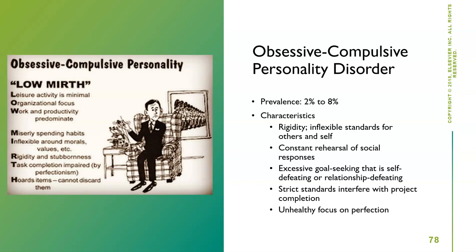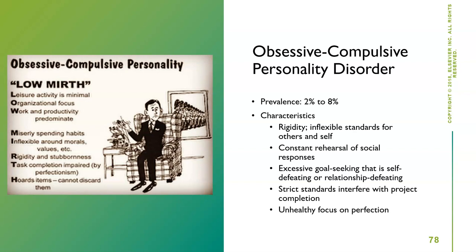We see these in individuals who have harsh discipline when they were growing up, those with a first degree relative with this disorder. High rates of suicide in this patient because of the anxiety around not being able to be perfect. They may rehearse over and over their social interactions. They may, again, have these goal-seeking behaviors long after it's necessary. That distinction between OCD and OCPD. So this is OCPD. And the big thing is they both have these unreasonable thoughts and actions.